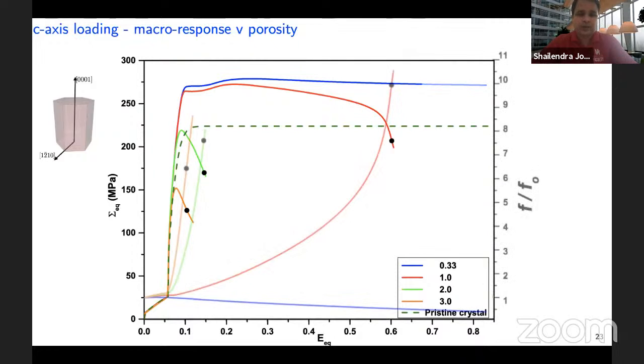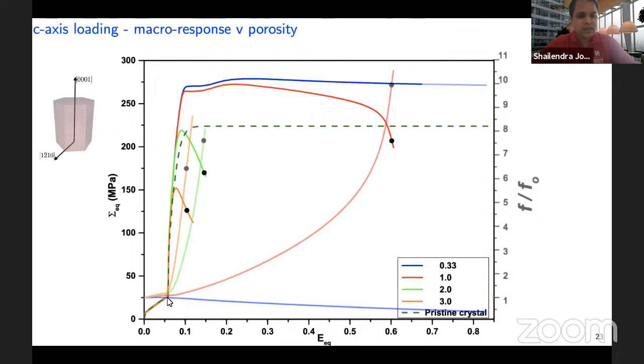If we look at the void response, in fact, at uniaxial conditions, the void starts to close up, even under a purely tensile loading state. So there is a closure of the void that occurs. But when you go to higher levels of triaxiality, for example, look at the red response of the porosity. The porosity is growing quite rapidly, yet the response is quite strong or hard. Again, a void-induced hardening effect. What is also interesting is that in the regime of twinning, which you see on the left side, up to about a strain of 6% or so, the rate of void growth is quite insensitive to triaxiality.